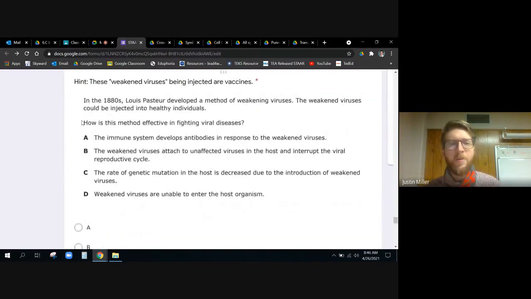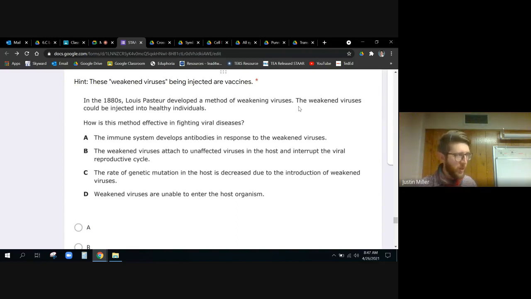Okay. How is this method effective in fighting viral diseases? What method? The weakened viruses could be injected into healthy individuals. These are just vaccines. Okay, so you guys, all you need to know is that a vaccine has a weakened version of the virus. They literally give you a weakened version of the flu when you get the flu shot or the COVID vaccine or whatever. They give you a weakened version of that virus so that your body can have like a practice run at killing the virus,